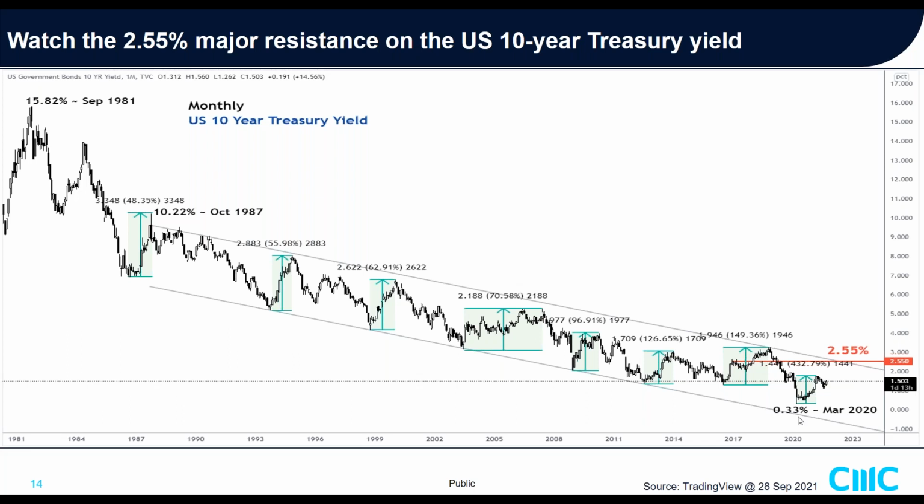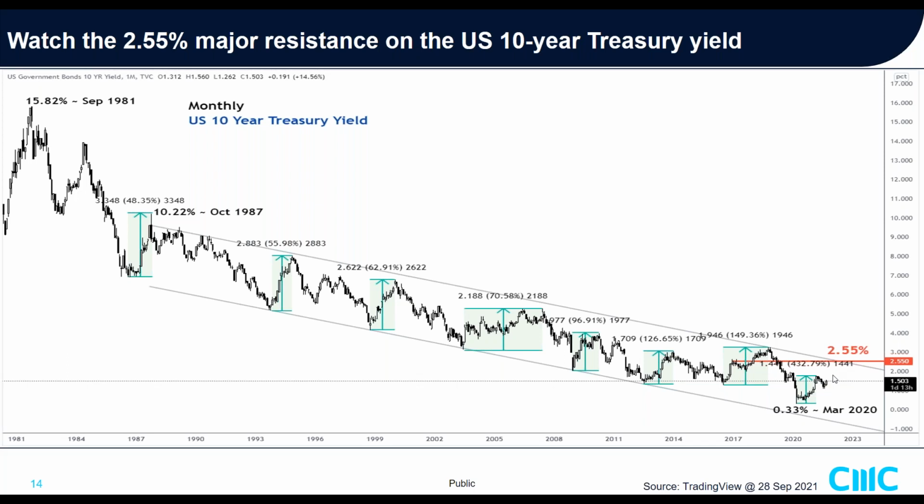If you look over here, since the March low of 0.33%, it started to inch up, and in the last 2 or 3 weeks it started to pierce up as well, almost hitting the 1.6% high that was seen in March this year before it did a bit of retracement. All in all, it has jumped close to about 144 basis points. So definitely, if this bond yield keeps on increasing, what it translates to is